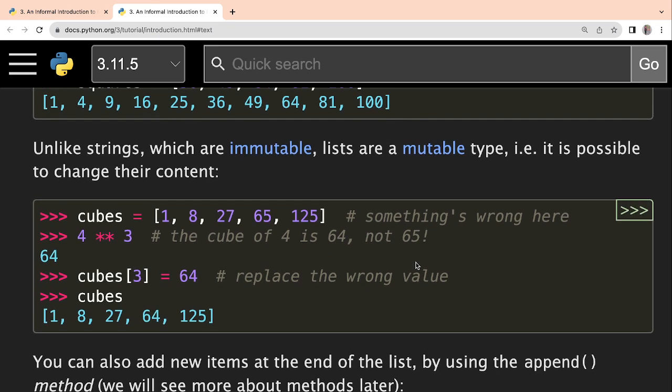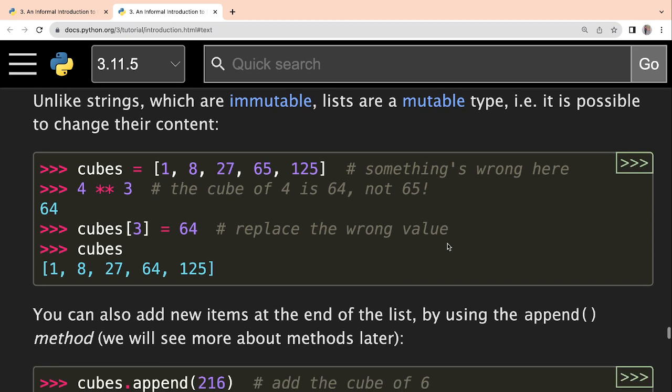But in case of list, what is there? Lists are mutable. So here we can make changes, okay? If you want to change the content, for example,